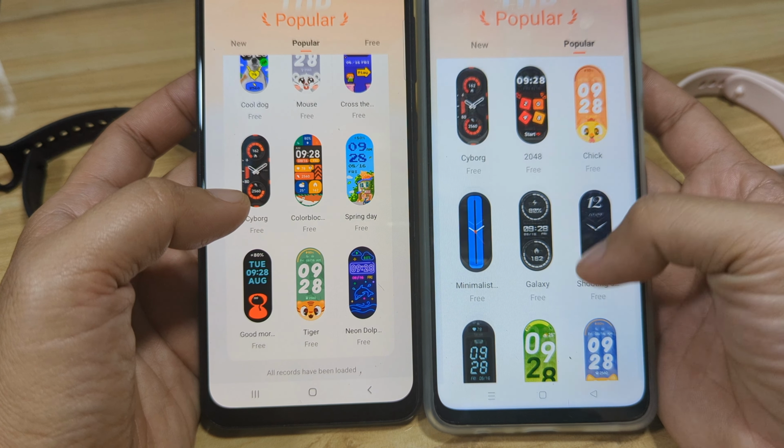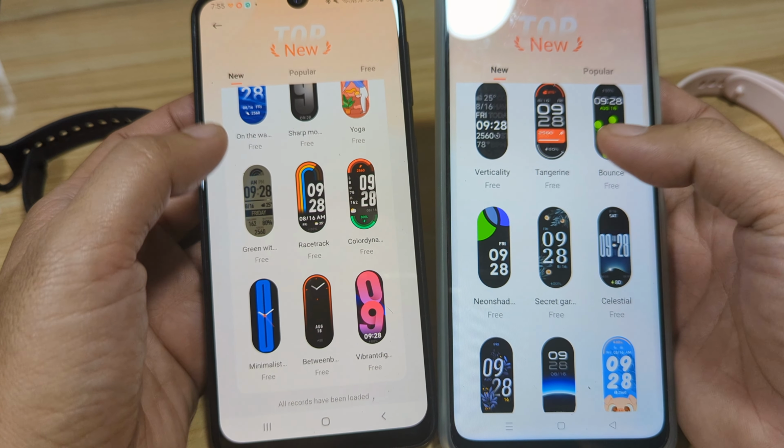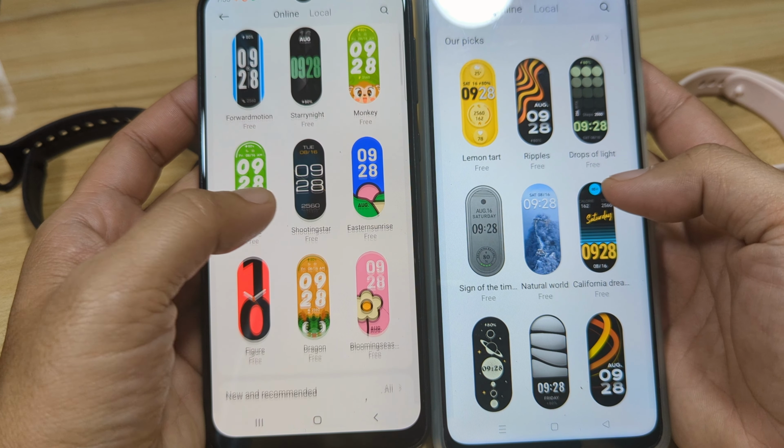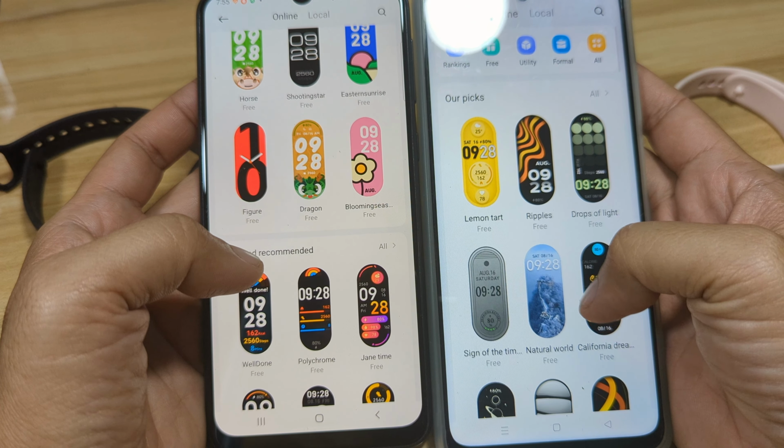Let's go to the news section. Seems like we do have a better list of dials for the Smart Band 9 than the 10. New and recommended.